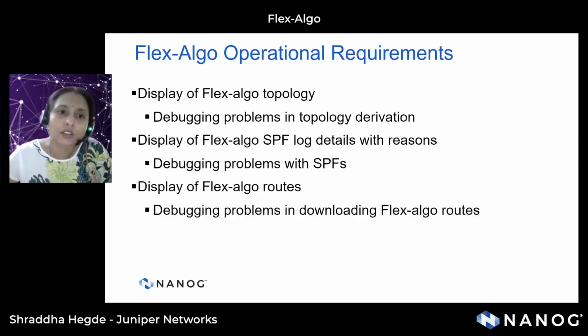So display of SPF log details is a very useful thing to have to debug networks when you have flex algo deployed. So another useful stuff is to have FlexAlgo routes,